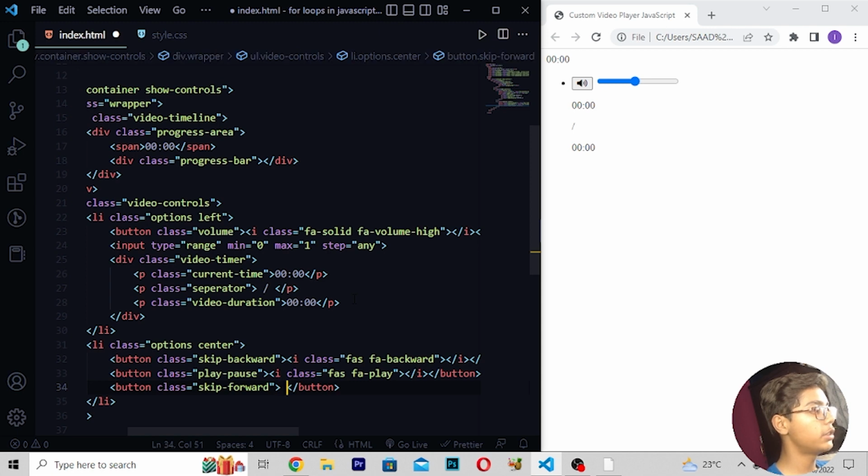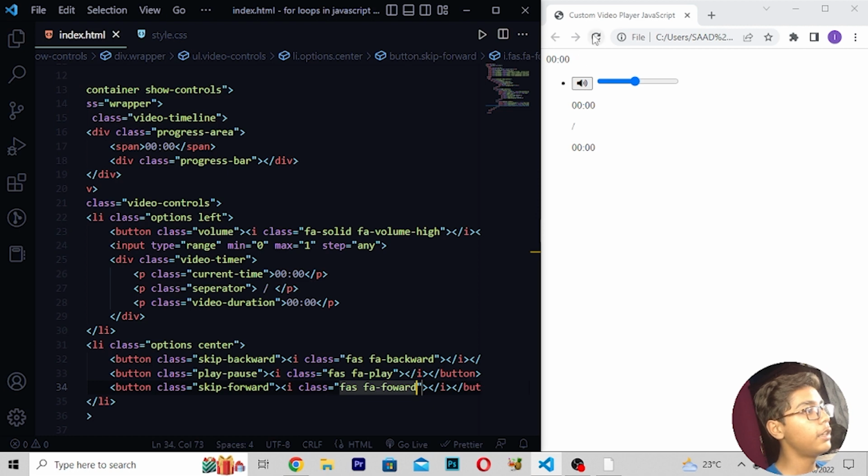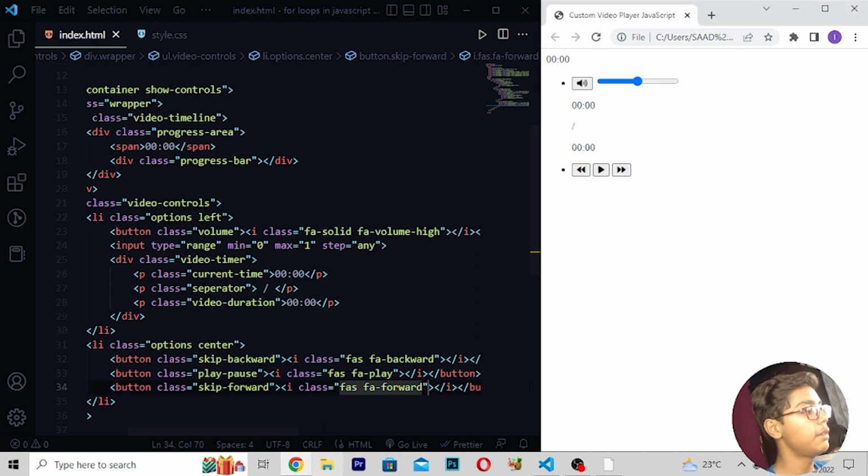Then here I will be moving in this tag, and here I will be writing i tag, right here class which should be fa-forward like this. Then you have to save this, and reload. Now you can see we are getting this. From this you can take the video forward, and from this you can take the video backwards.